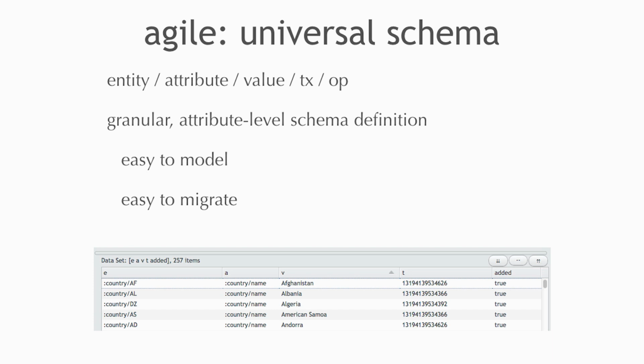And then the 5th item, the op, is really just a Boolean, right? True means we're saying that this datum exists in the system, and false means we're retracting it, right? So it's assert or retract. And that's how you get the semantics of something going away without ever having any delete or update in place in the system, right? You can say, Stu likes pizza, and then 5 hours later you can say,